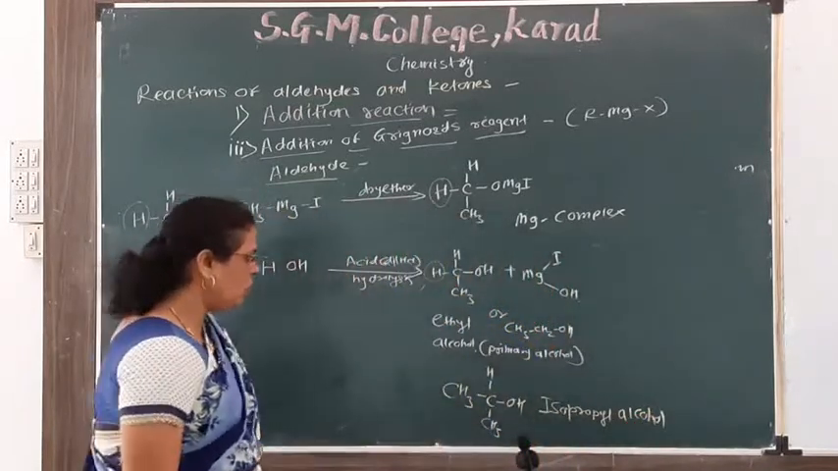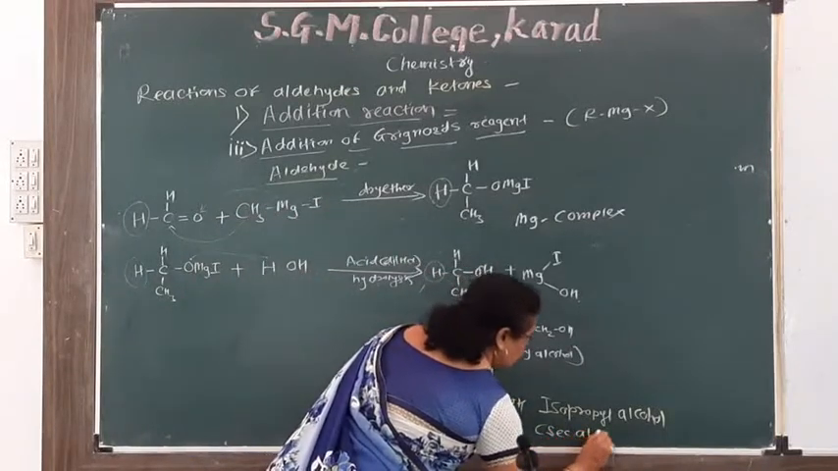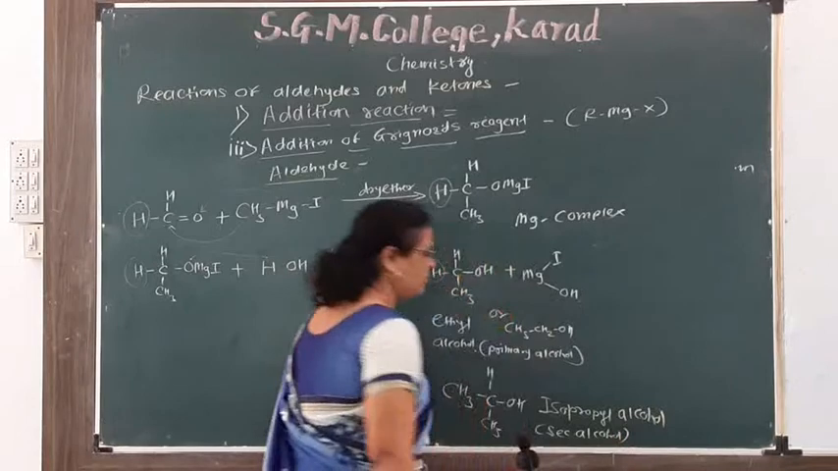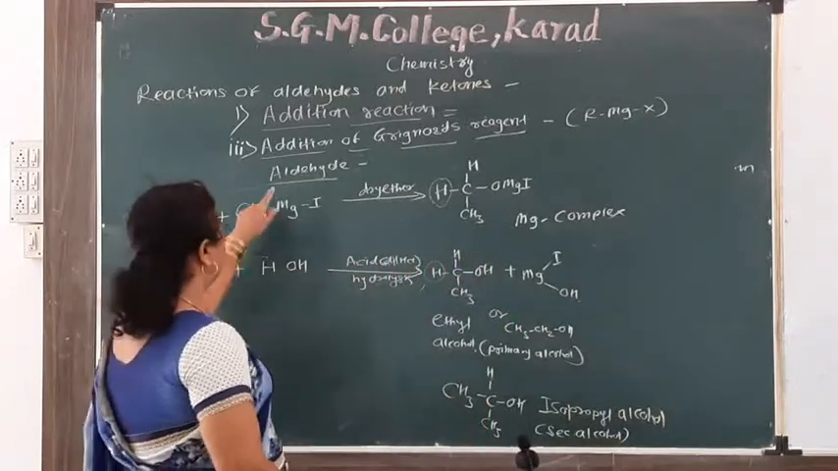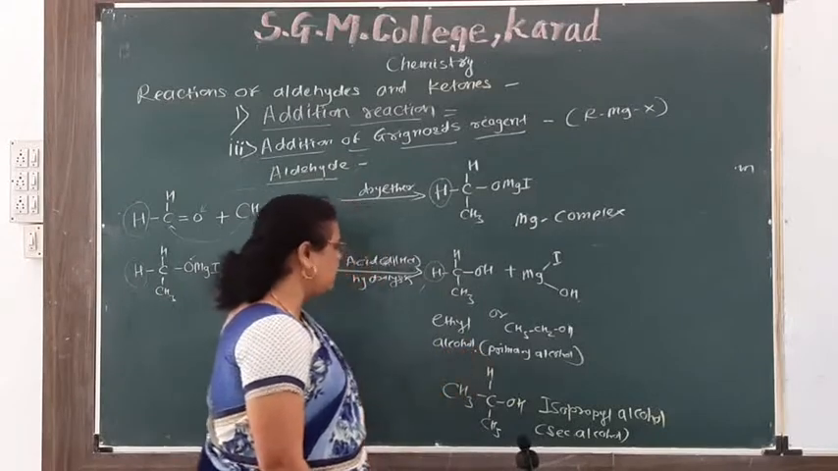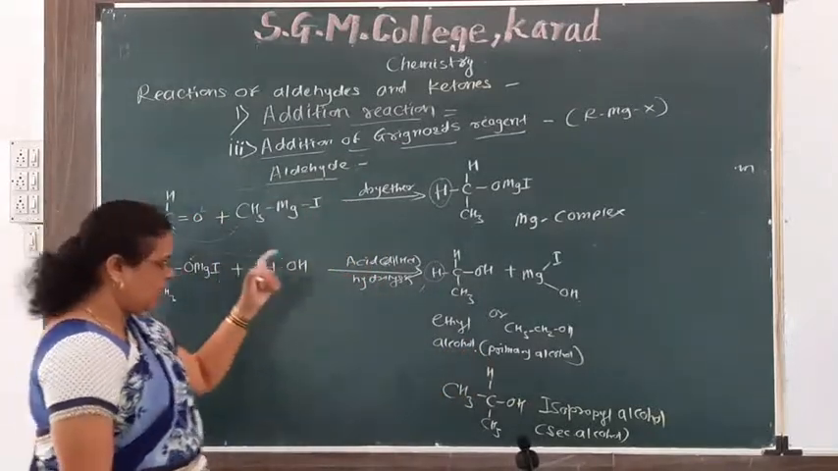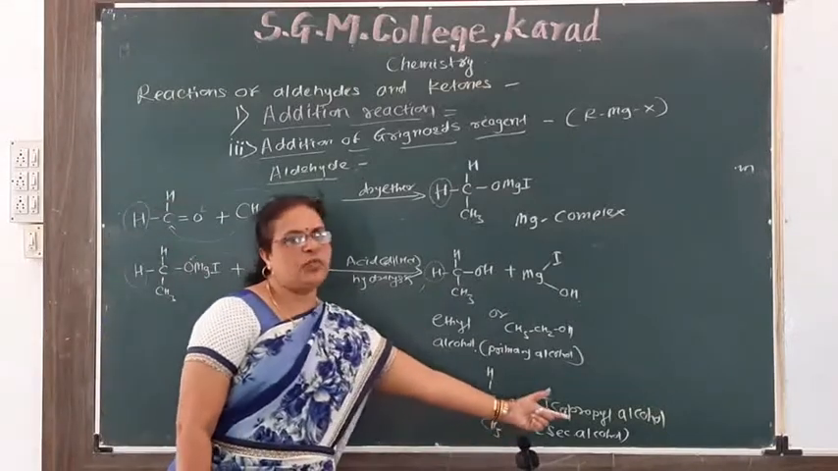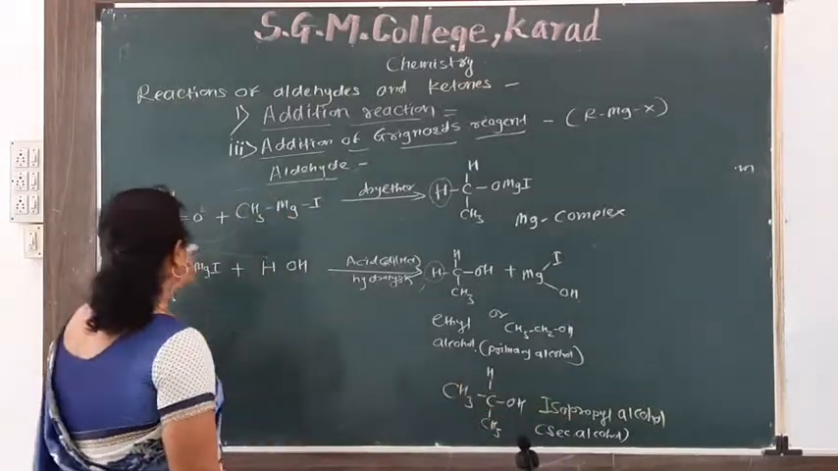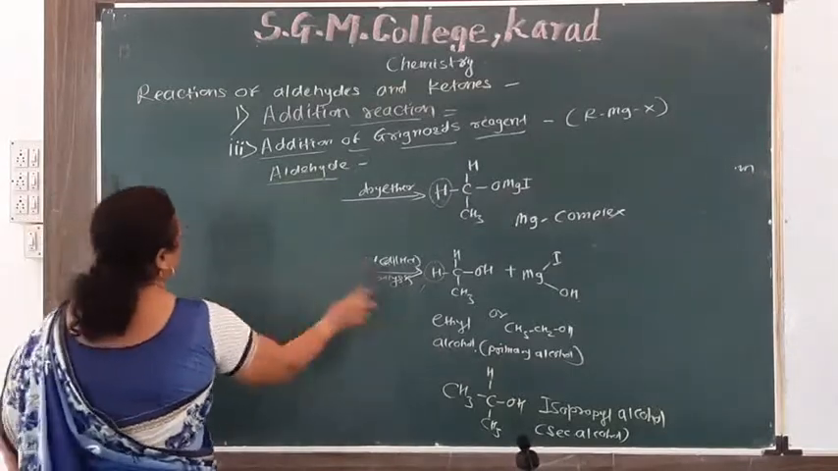Isopropyl alcohol. This is the secondary alcohol. Means in case of aldehyde, primary alcohol like ethyl alcohol is obtained. If we take the example of formaldehyde, then the secondary alcohol, that is isopropyl alcohol, is obtained. If we take the example of acetaldehyde, then in case of ketone,